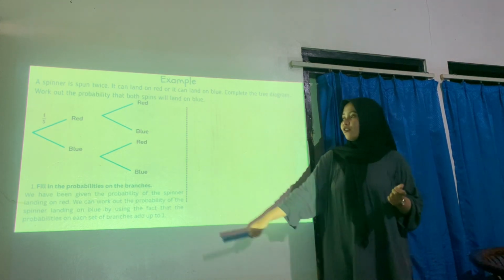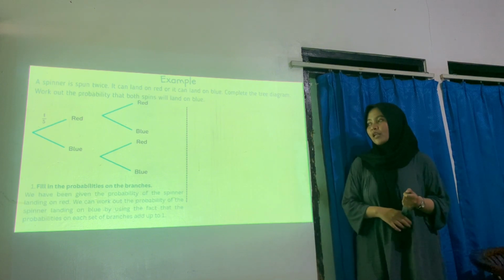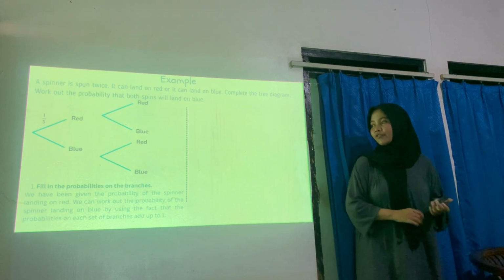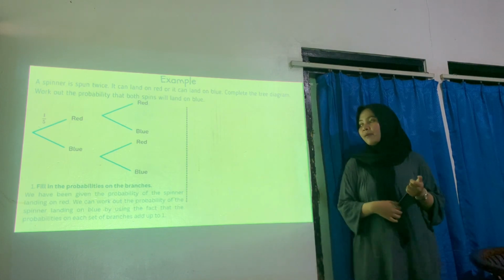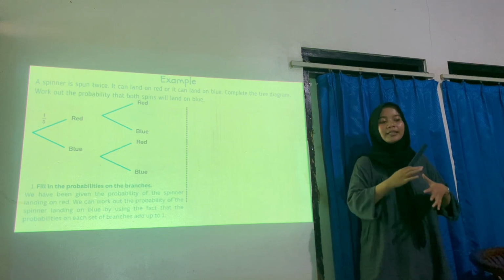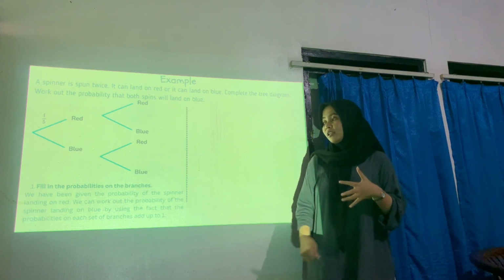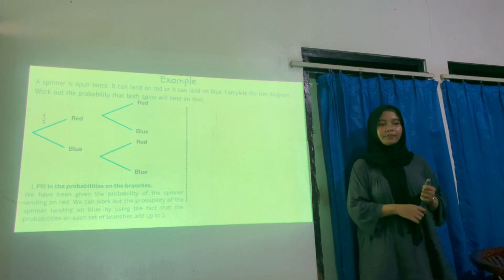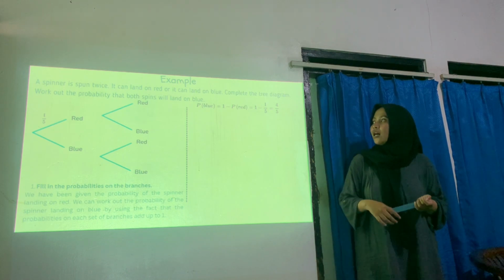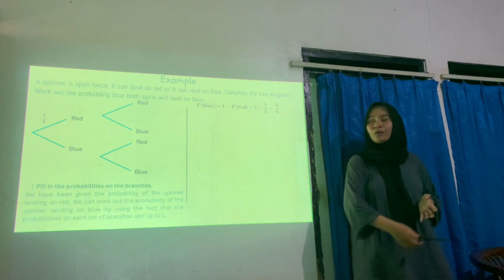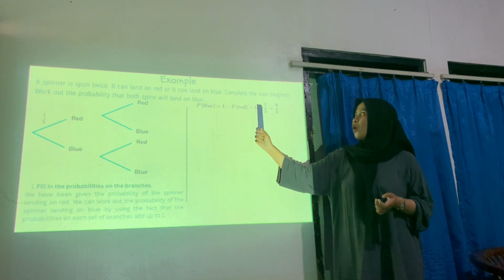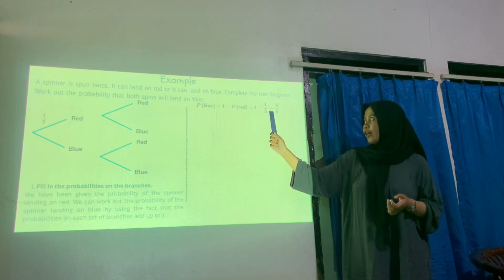Step 1 is fill in the probabilities on the branches. We have been given the probability of the spinner landing on red is 1/5. And then we can work out the probability of the spinner landing on blue by using the fact that the probabilities on each set of branches add up to 1. We can use a formula to calculate the probability of blue: 1 minus probability of red equals 1 minus 1/5 equals